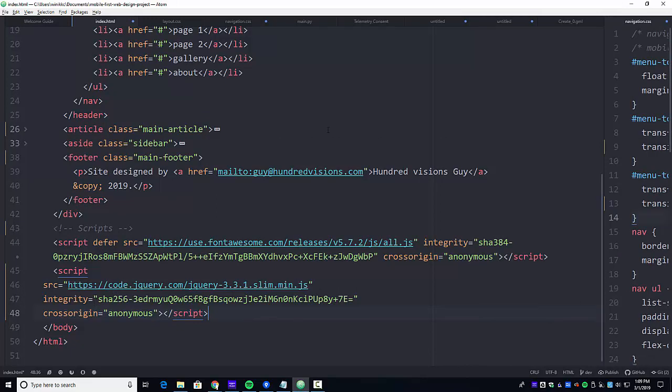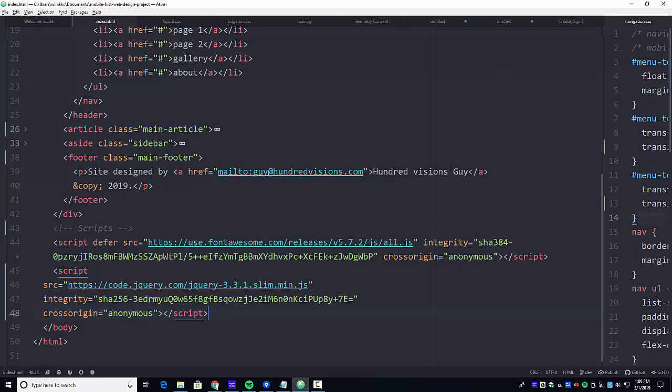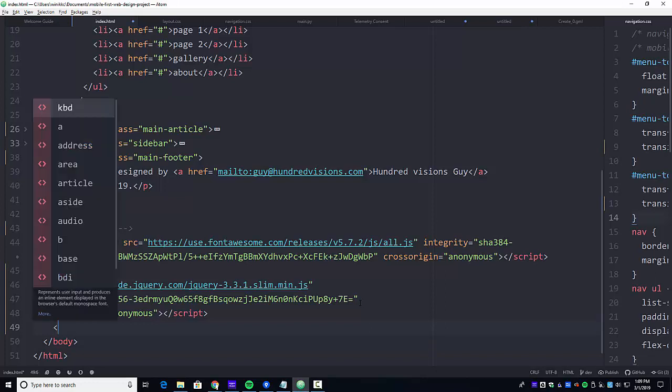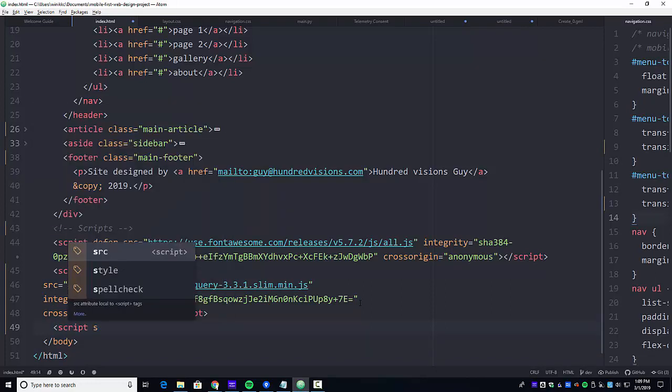All right, so I'm going to save my changes. And let's save our changes on navigation. Actually, I have it over here. And then now what I want to do is I want to actually write a script that uses jQuery. So I'm going to add one more script tag. So it's script, and I'm going to put src